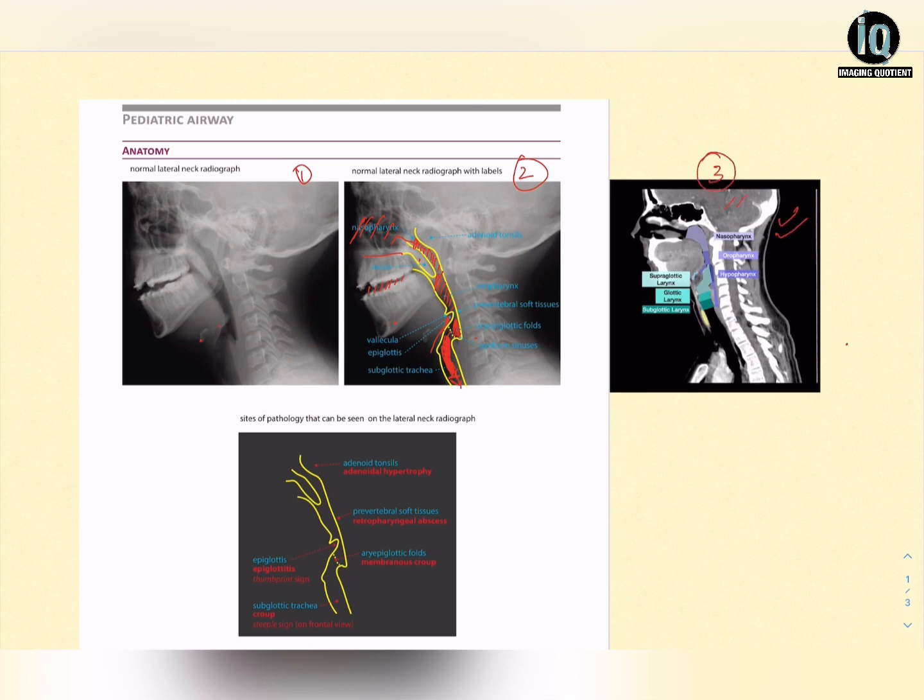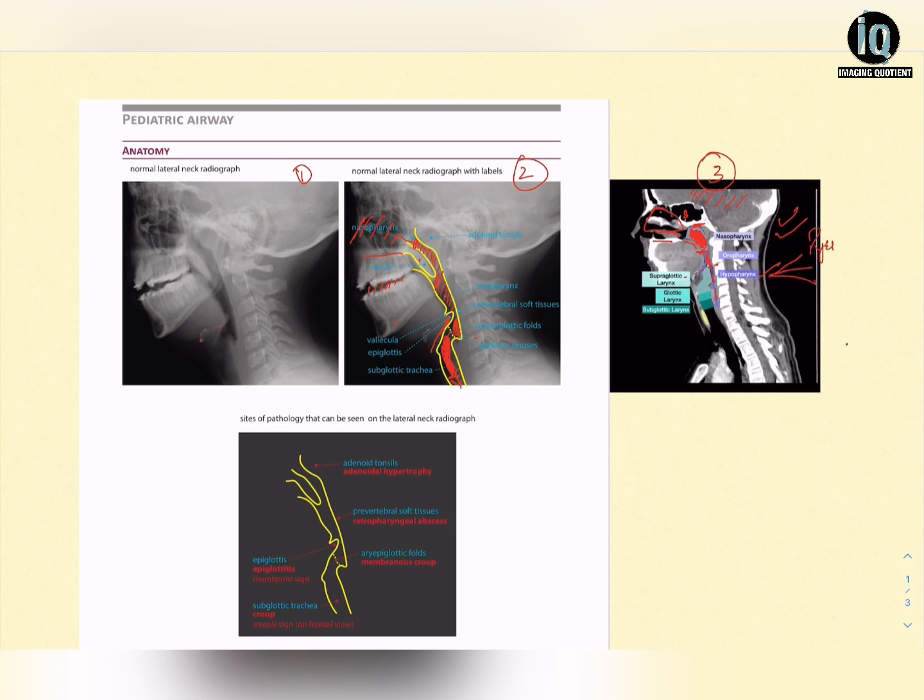Here we can see the part of brain. This is the sphenoid sinus. This is the nasal cavity, hard palate, soft palate. From the base of skull to the soft palate, behind the nasal cavity, this region is the nasopharynx. And below the soft palate to the level of hyoid bone, we have oropharynx, and oropharynx communicates with this region, which is hypopharynx or the laryngopharynx, which includes